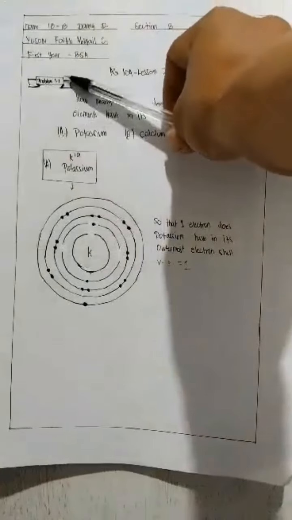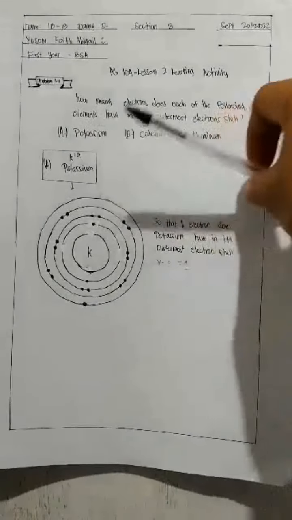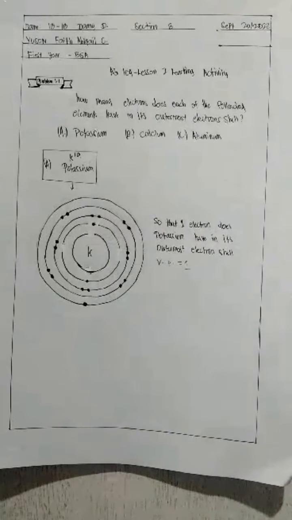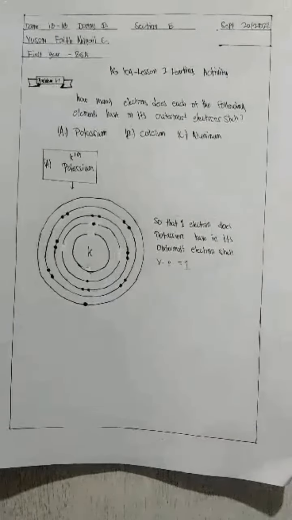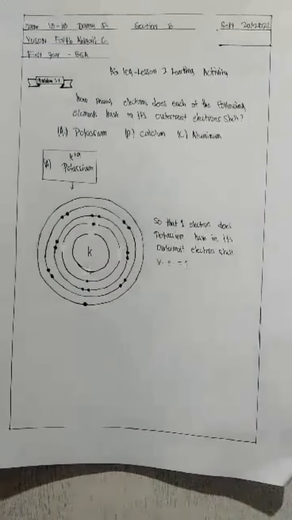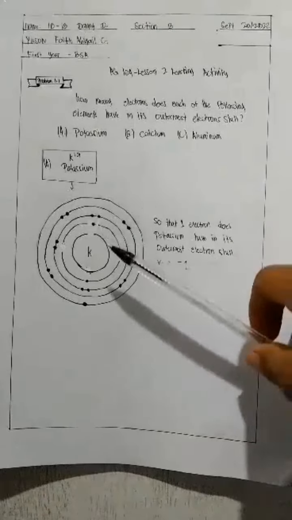1.1. Now, how many electrons does each of the following elements have in its outermost electron shell? We have potassium, calcium, and aluminum. So we start with potassium. You have to give the valence electrons by drawing the Bohr model, this model of the atom. So in order to know how many electrons to draw in your model,